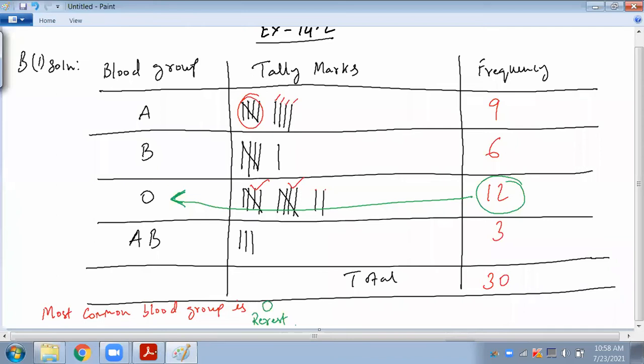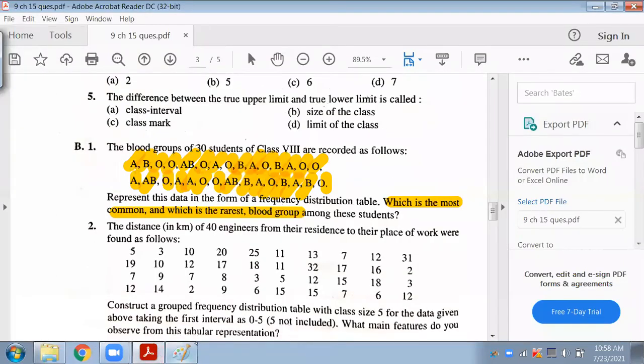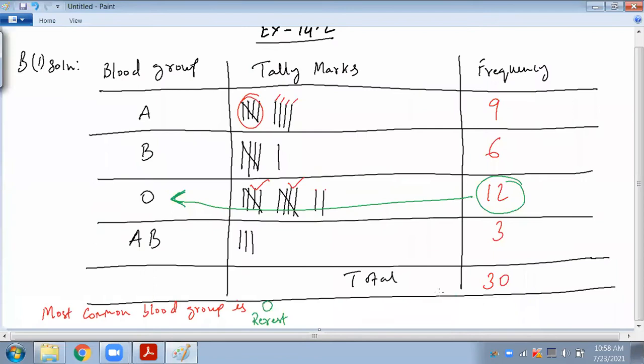You can write in two lines. First, write most common blood group is O. Rarest blood group is,